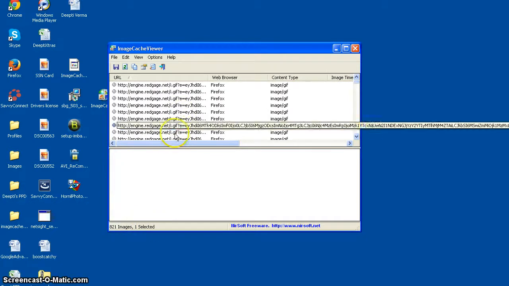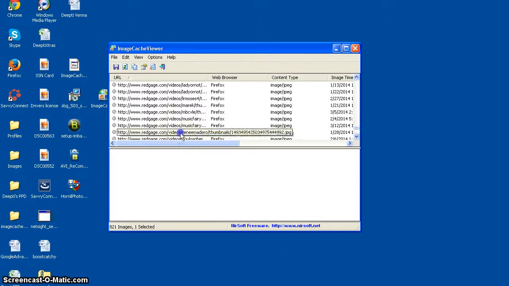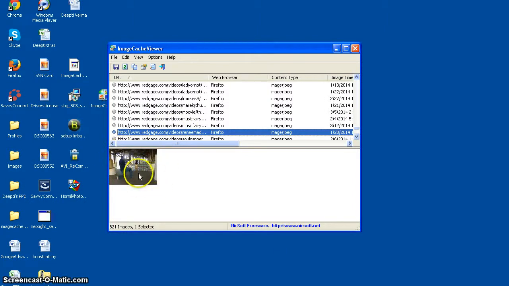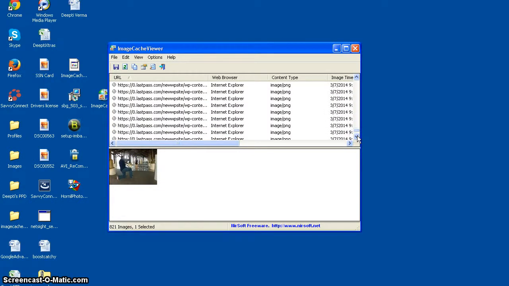Now let's see, when I click on an image, it shows the image in this window. Let's say I click on this image. See, this is the image that it is showing. If you want, you can save it in another web browser from it. It shows images from Internet Explorer, Chrome and Firefox. It only supports these three browsers. See, it's a PNG image, so it shows it in this window. And if you want, you can just copy or cut and paste it, and you can save it locally. So this is what the software does basically.